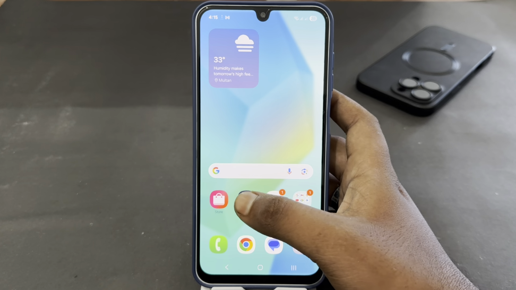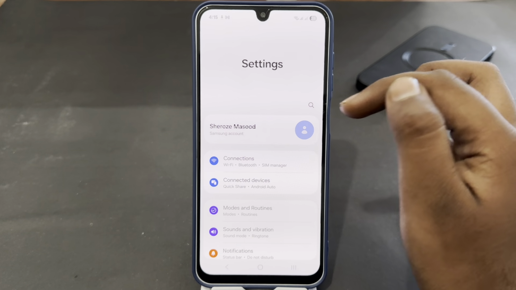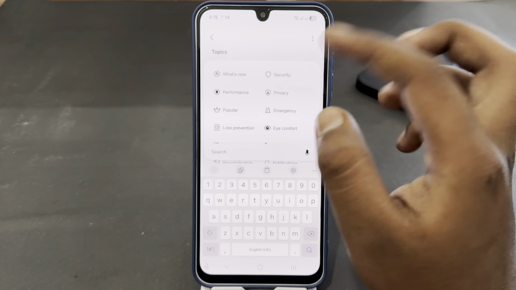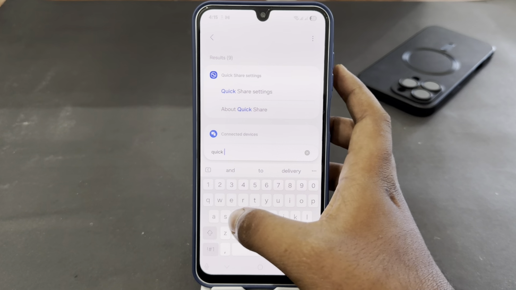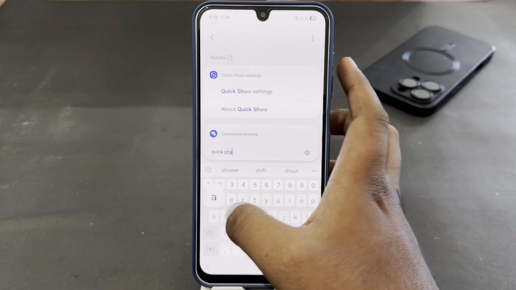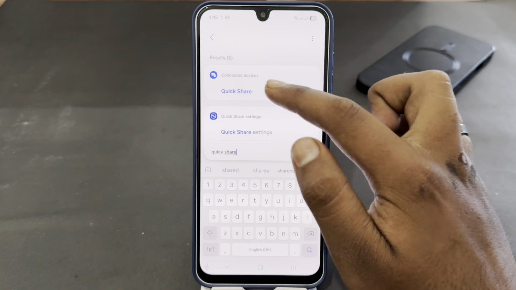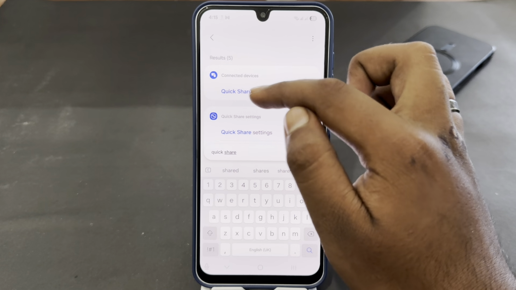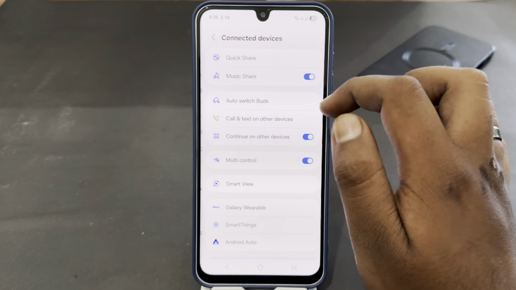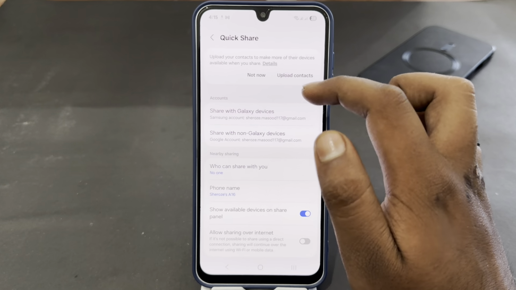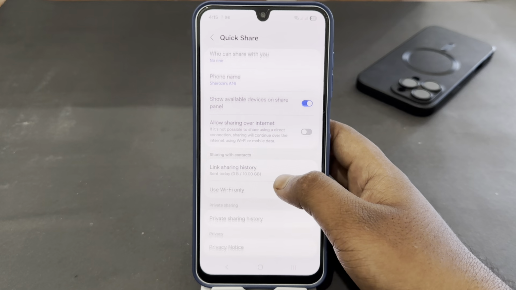You have to open your settings app and here just tap on the search icon and search for quick share. Just search for this and tap on the first option, which is quick share in connected devices. Just tap on it, then tap on quick share, and here you have to scroll down and look for